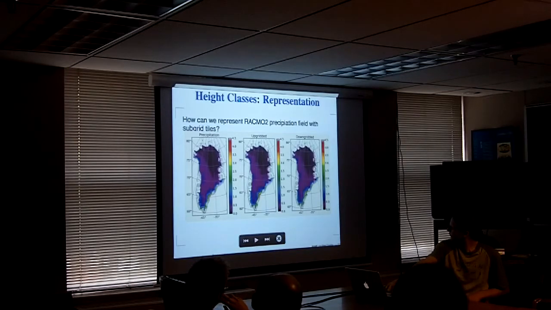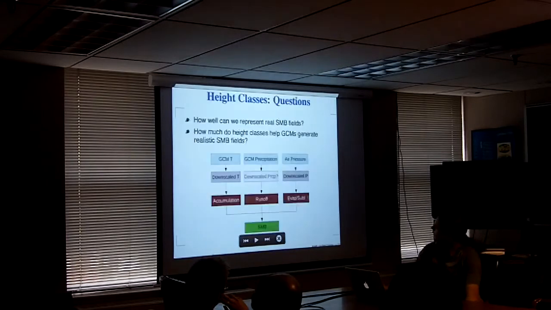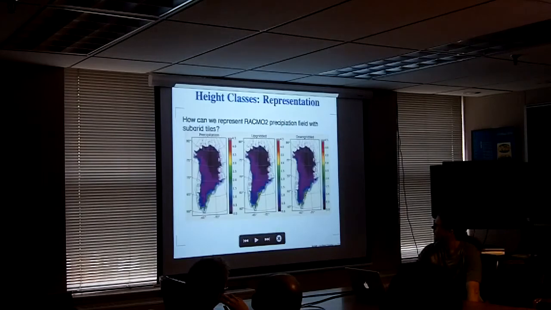You see there are a few differences down here where there were these kind of localized effects of these bays or outlet glaciers or whatever that the height classification scheme didn't get. Okay, so the other question is, so right, it would be great if we can generate surface mass balance field to look like this in ModelE,